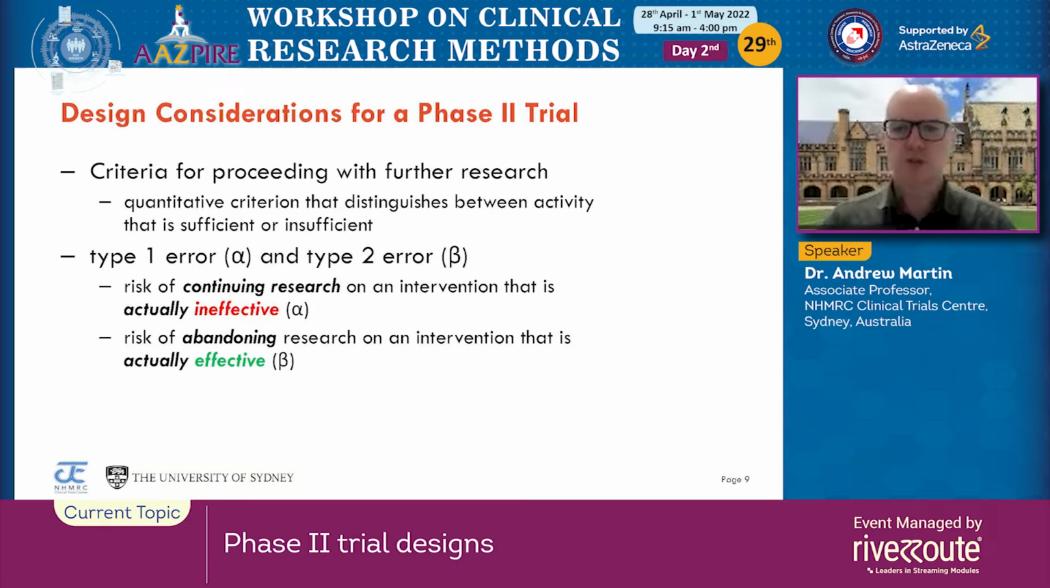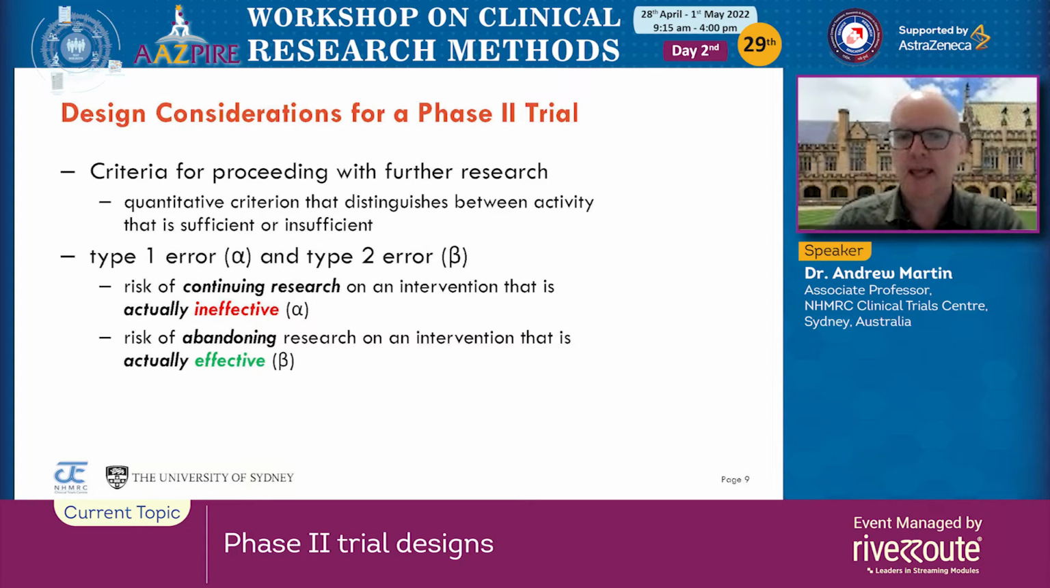Now, we'll talk, in fact, in a second presentation I've provided for the workshop, there's information on sample size, and I'm not going to dwell on that in any formal way now. I just want to put to you that when reaching a go, no-go decision, there's a risk of making an error where we continue research on an intervention that's actually ineffective, and that's known as a type 1 error, and the probability of making a type 1 error is